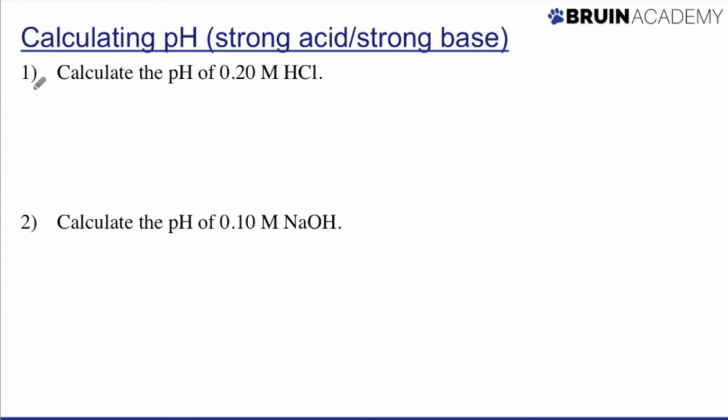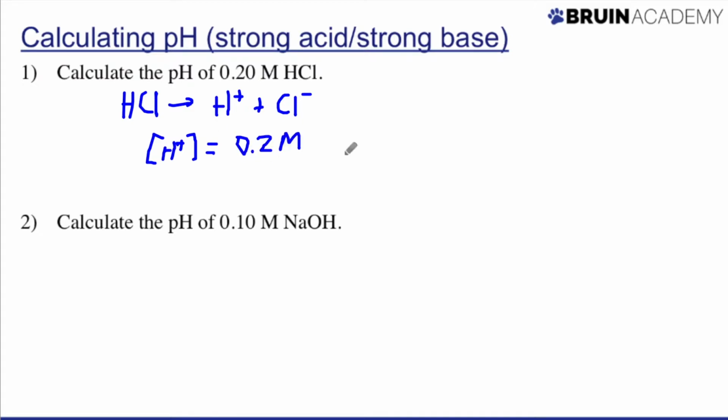All right, so let's just do some examples. So let's calculate the pH of a couple strong acids and strong bases. So let's start with HCl. So we know if we write out the dissociation that we get something like this. HCl makes H+ plus Cl-. And what happens is that this is a one-way reaction. All of the HCl dissociates into its two ions. And so the concentration of H+ is actually equal to the initial concentration that you had, 0.2, because all of it gets dissociated. And so if you take the minus log of this, which is how you figure out pH,